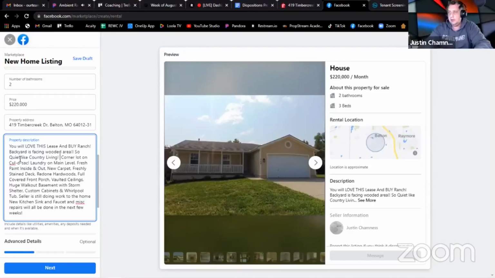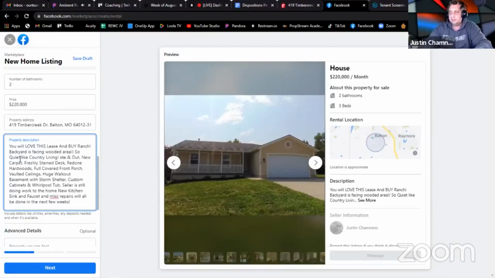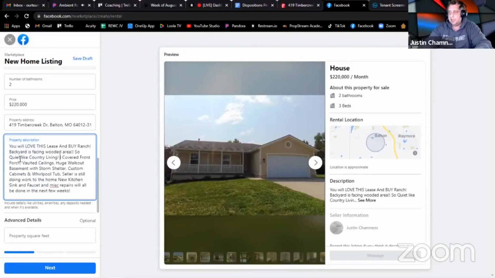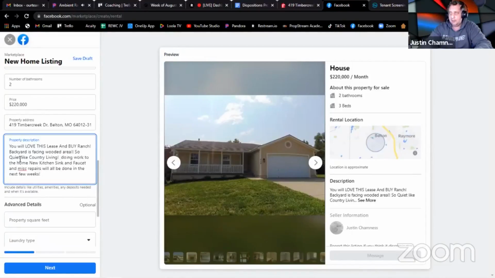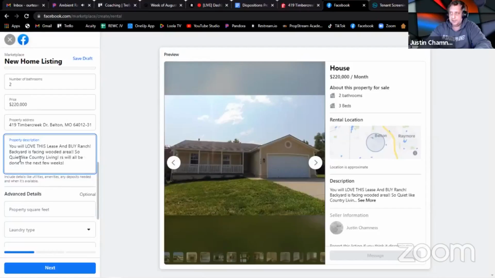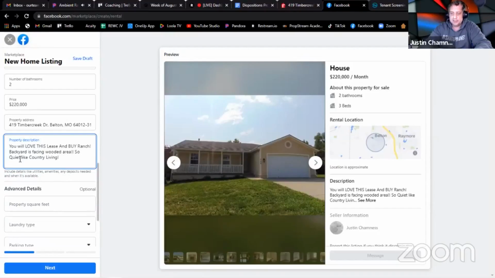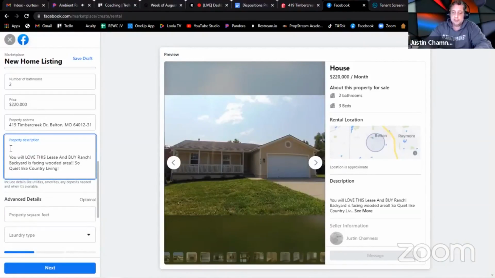So there's just lots of mumbo jumbo here about the paint and the vaulted ceilings and all that. I probably would normally keep that, but instead of taking 10 minutes to edit this entire thing in front of you here today, you get the idea. I'm putting some nice, lovely things in here. One thing I want to be very clear about, though, is